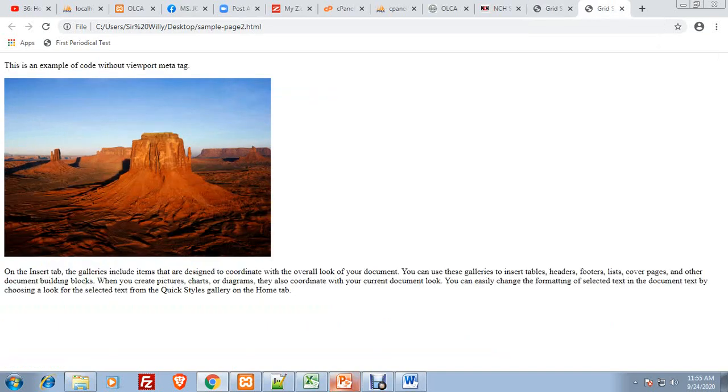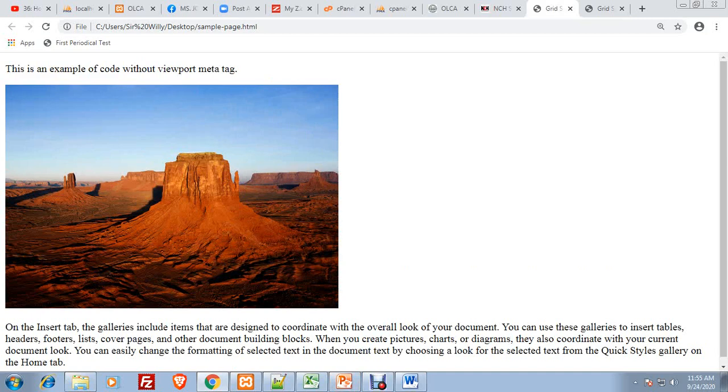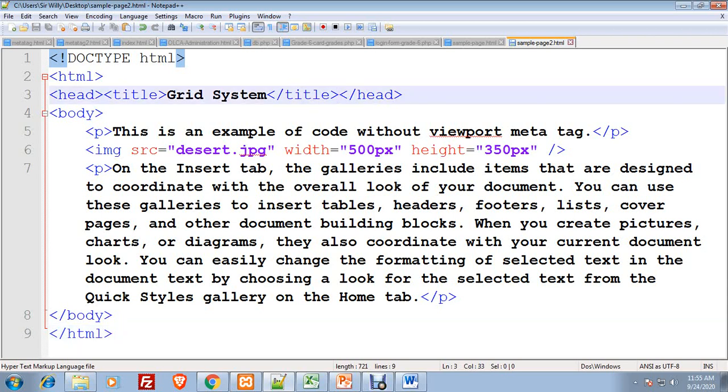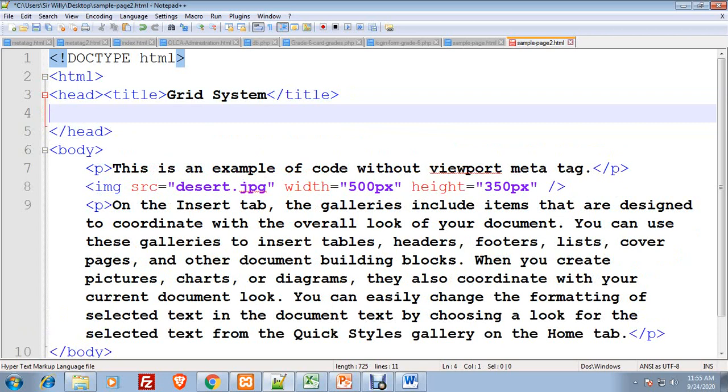There is no difference in the two codes, but this time we will put a viewport. Viewport is being put inside the head tag, so we will bring down the head tag, and then we will have here our meta tag, and then you have your name equals, then the value of name would be viewport, and then you will have your content